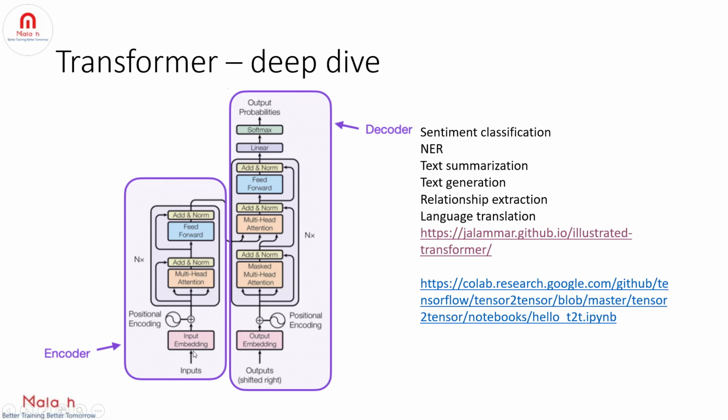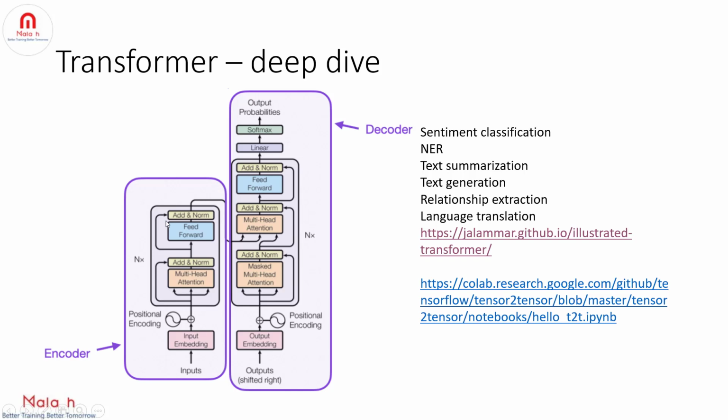Then you will get the embeddings with positional encoding, right? And after this, self-attention mechanism, right? So attention will give you the context, that is the relationship of every word with respect to every other word. And then we will use softmax to normalize, and then we will get a number between 0 to 1. So that is the attention score, right?